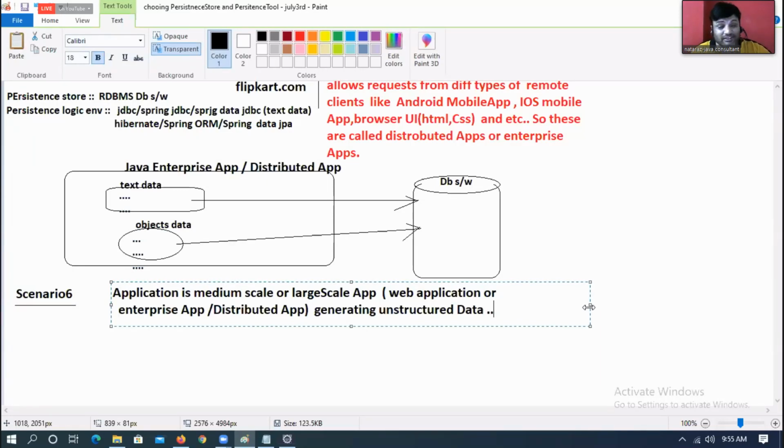Still more information is coming. So in that situation, yes, boss, don't prefer an RDBMS database software, nothing but SQL database software. Prefer working with NoSQL database softwares. What are NoSQL database software? Can I use RDBMS and NoSQL database software in a single project? Generally no.